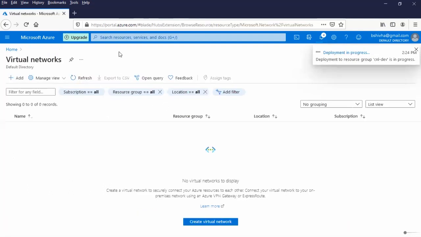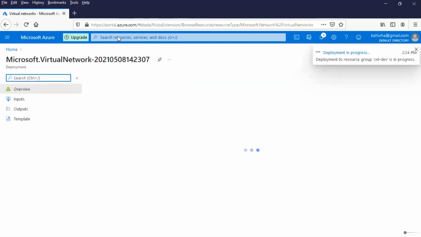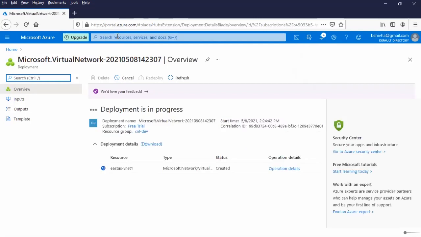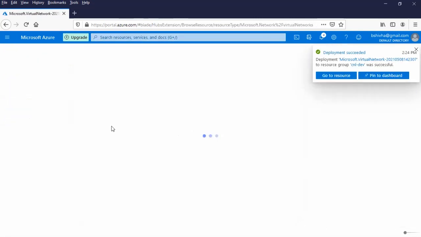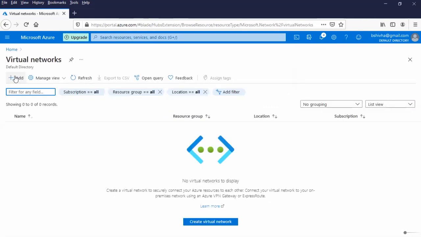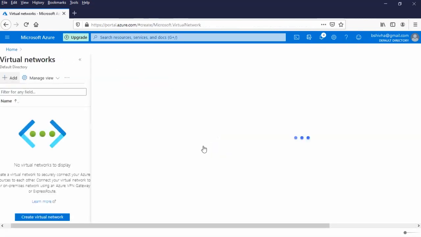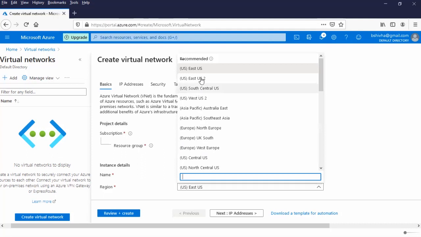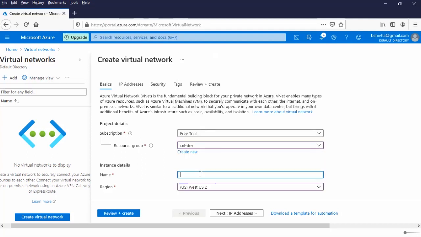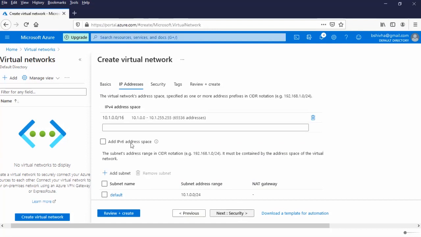Now, as per our lab setup, we also need to create a virtual network in another location. This time we will go with a different location, say West US 2, VNet 2. Then IP address.